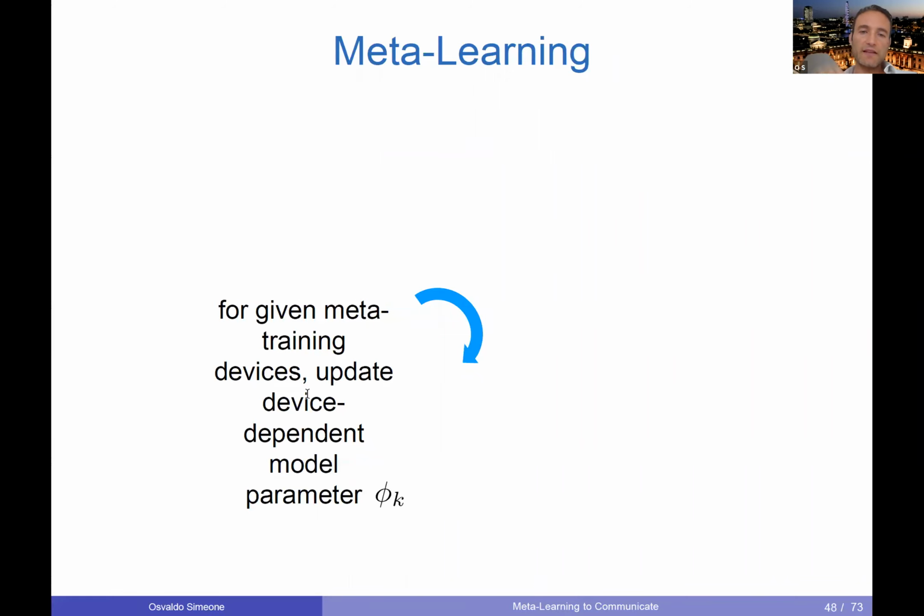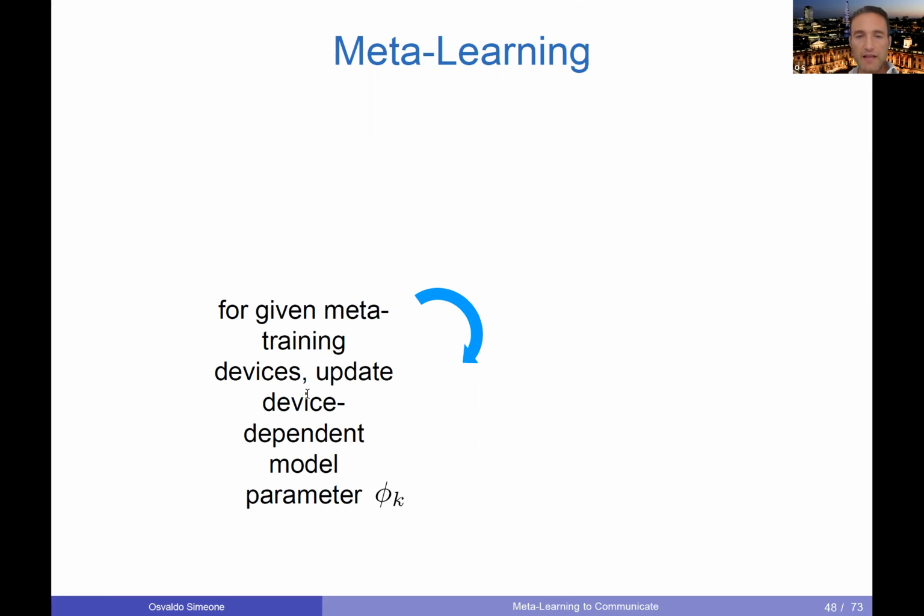And fixing that, we update the device, or the task-specific parameters, for a subset of the tasks in the meta-training data set. Okay, so in the context here, we take data from a number of meta-training devices. Based on the current inductive bias, we train demodulators for each one of them. Okay, and this is what we do in the inner loop. We apply conventional machine learning, starting from the current inductive bias, separately for each one of these meta-training tasks that